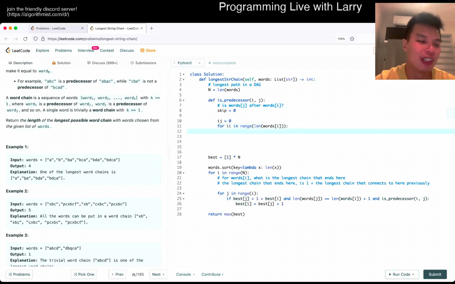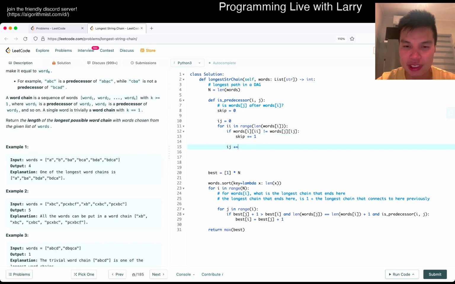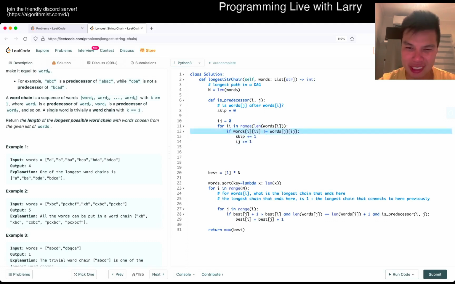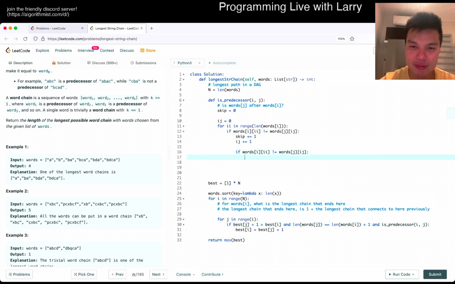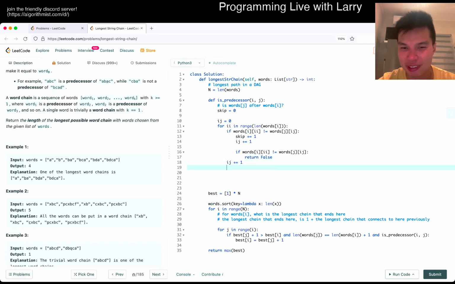It's a very small thing, might not matter, but I want to explain my thought process with these weird-ish things. But yeah, okay. So then now, if words of I of I is not equal to words of J of ij, oops, skip increment by 1, right? And then we always increment this by 1. Oh, wait. In this case, we skip and then we do ij plus 1 and then we check the next one, I guess. This is a little bit confusing just because it is confusing. That's mostly why, but